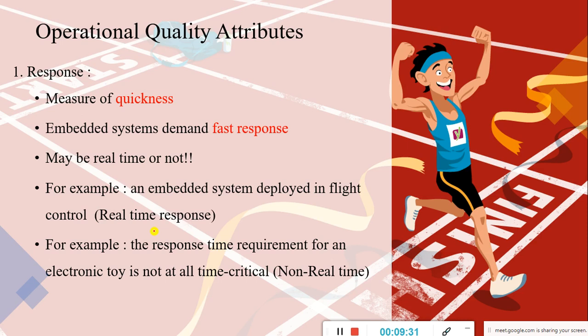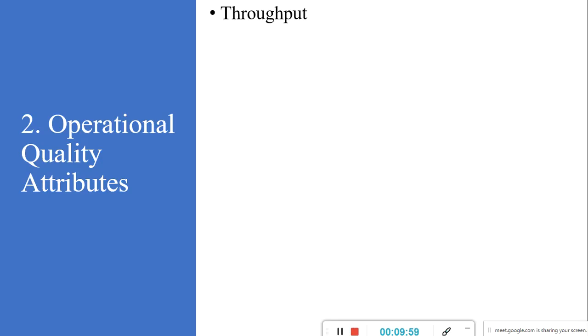So this is the first important quality that should be there for any embedded system that we design, right? So response is very important. The response must be quick, and the response should be very fast. And yes, of course, based on your application, the response may be real time or non-real time. Okay, now the second quality attribute,